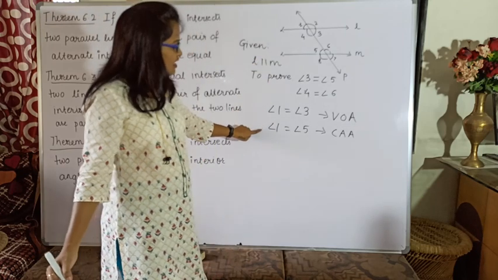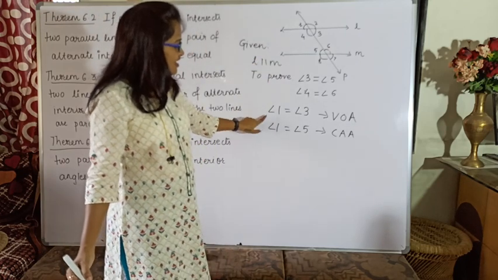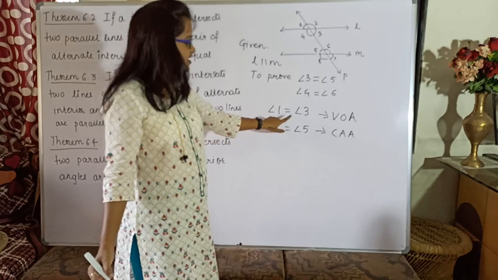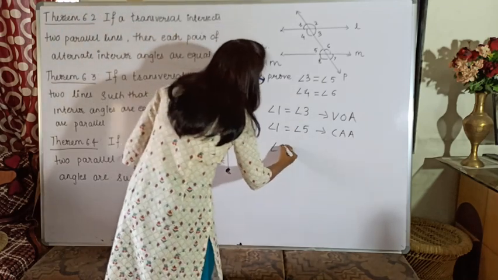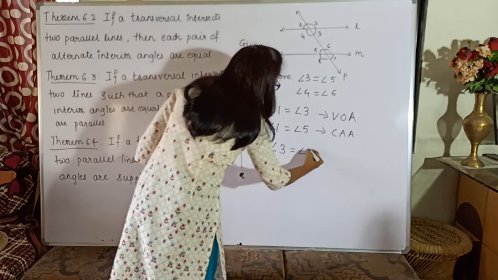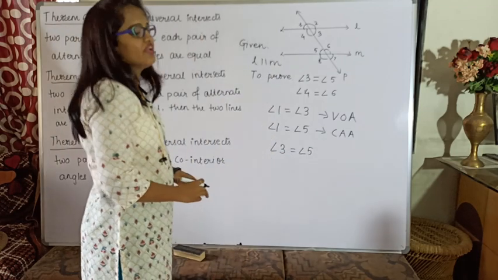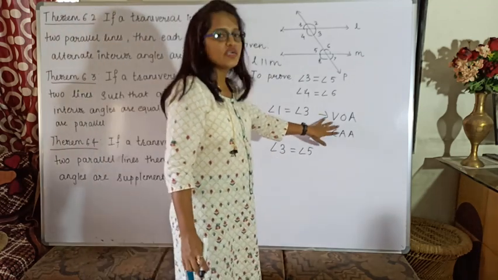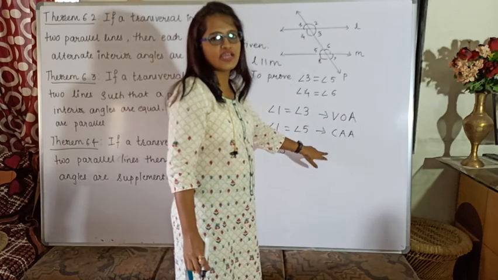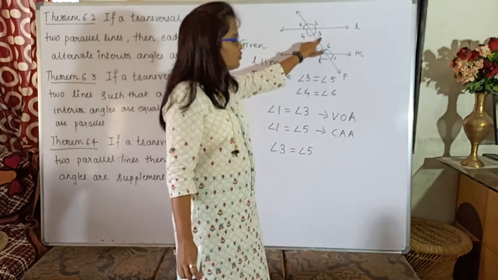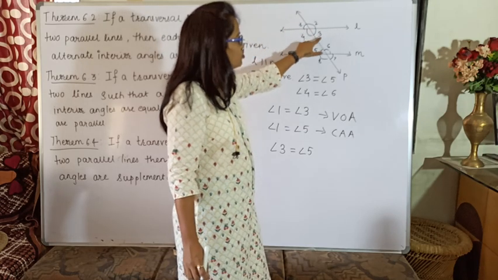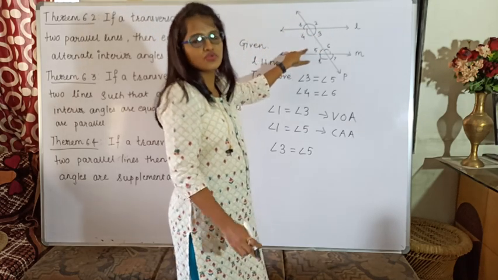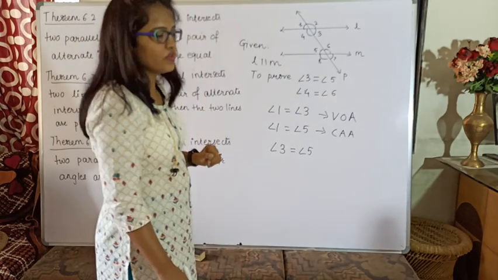So if you look at these two equations, their left hand sides are equal. So definitely their right hand sides will be equal. And hence I can write angle 3 is equal to angle 5. Pretty easy. So what we have done, we have made use of the vertically opposite angles and corresponding angle axiom. Since angle 1 is equal to angle 3 and also angle 1 is equal to angle 5, one angle is equal to two different angles, hence those two different angles will be equal to one another.